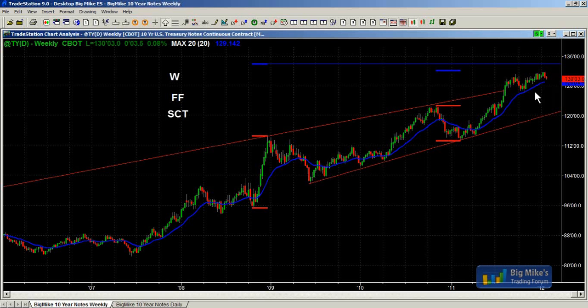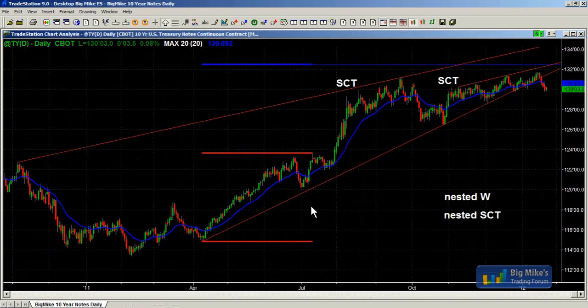We're still trending up. We're near a couple of measured move targets, one based on the height of this bear channel, another one based on the height of this spike. So I think we probably will go a little bit higher, but once we do, if we get a reversal down there, especially if we get a very strong reversal, it could be the start of a multi-year sell-off in the notes. Daily chart,